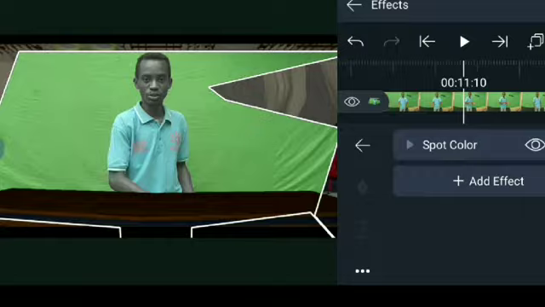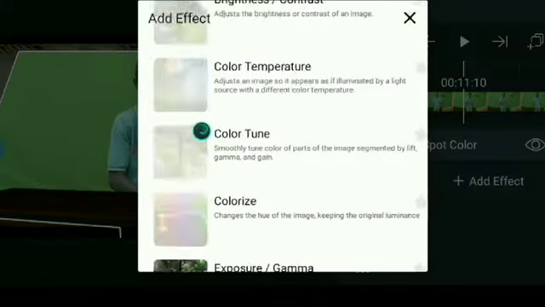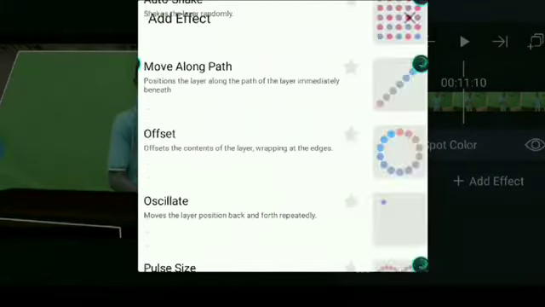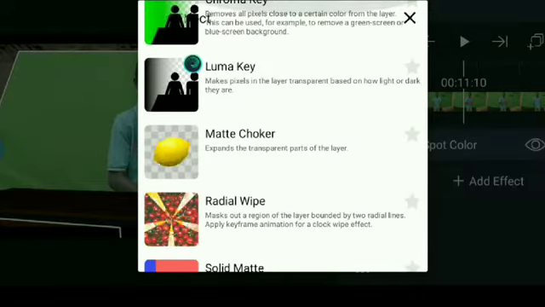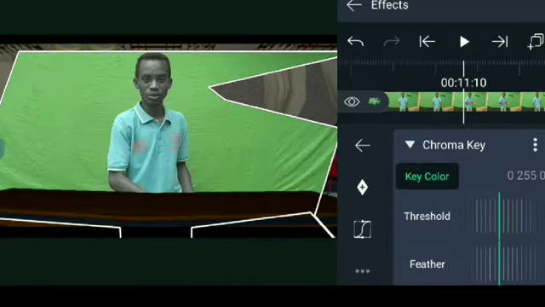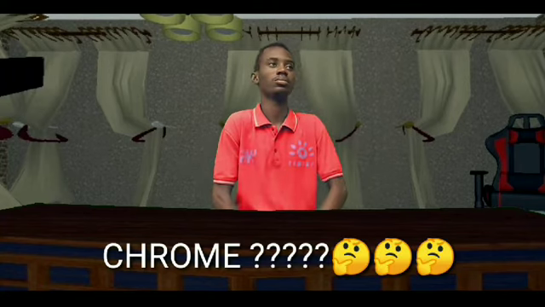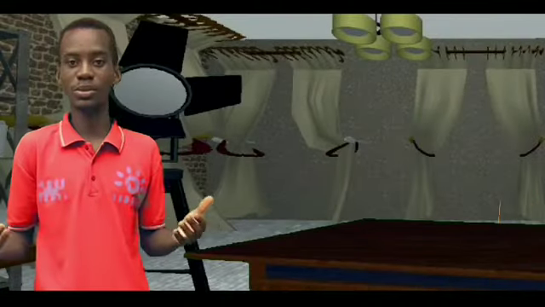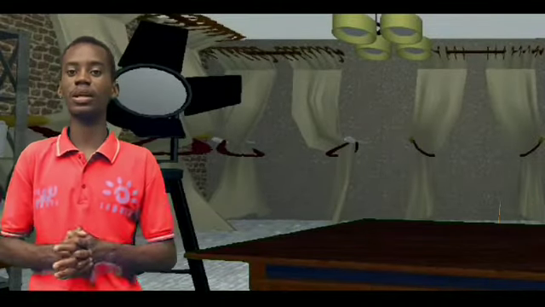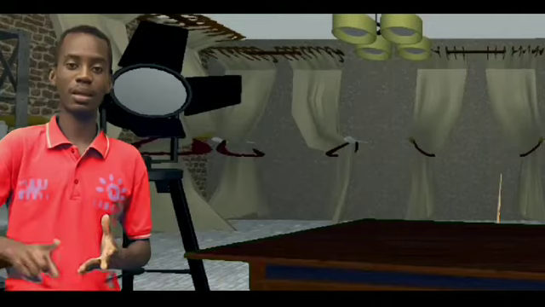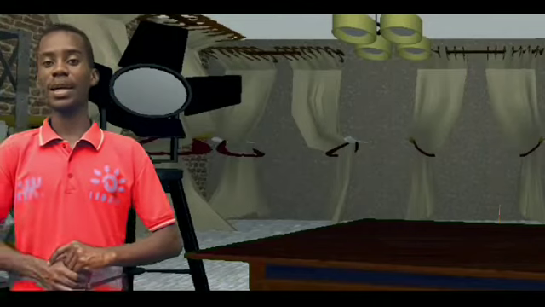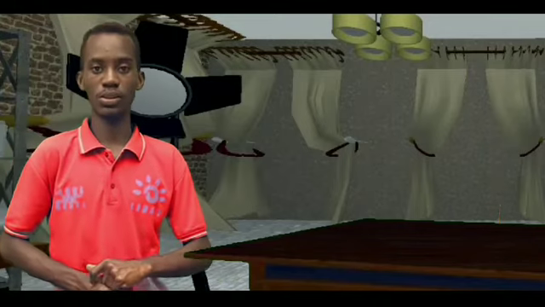You then click on your video, go to effects, click the mask key, and you see the chroma key. Almost any video editor can do this, as long as your video editor supports adding chroma key to your video. Once you see chroma key, click on it, remove the green, and that's it. Very simple. You can just adjust it a little bit. You can do this in KineMaster, PowerDirector, almost any advanced application on smartphones.